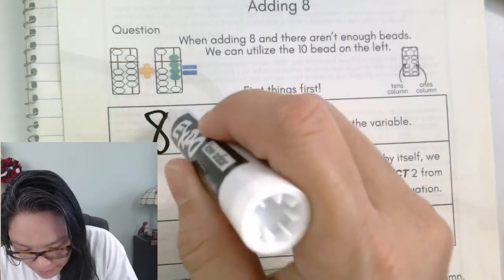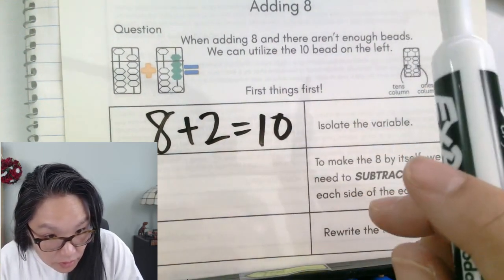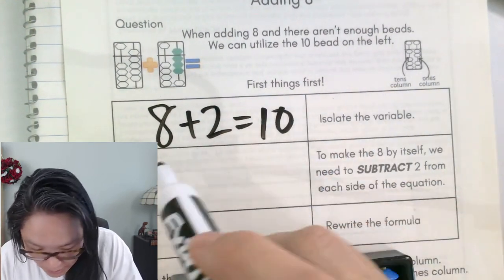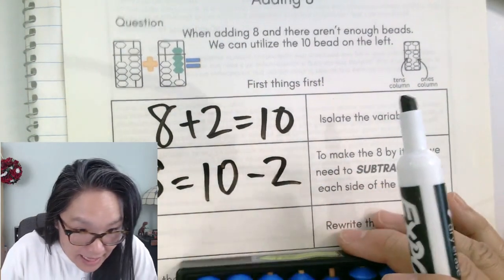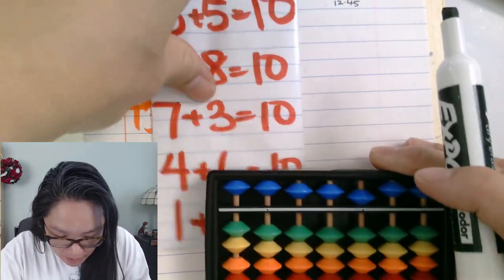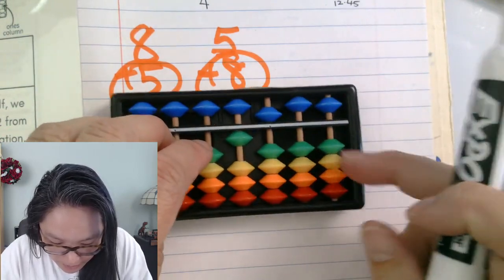8 plus 2 is equal to 10. Yes. Thank you. So 8 is equal to plus the 10 minus the 2. Yes, exactly what it is. So what does that mean? We're going to plus the 10, but notice,